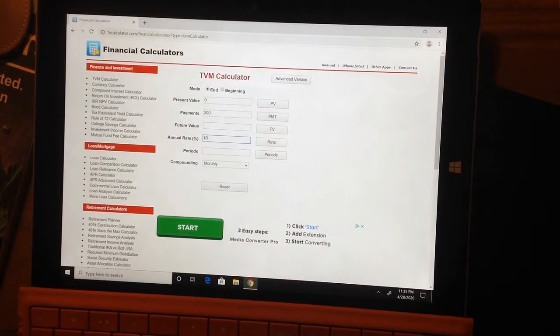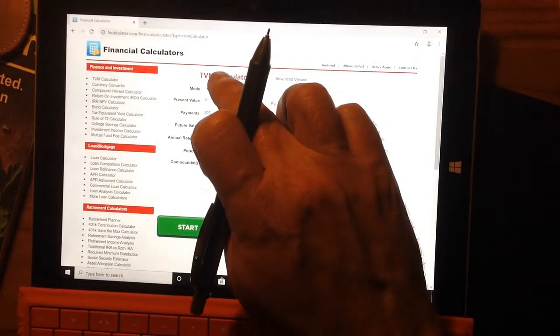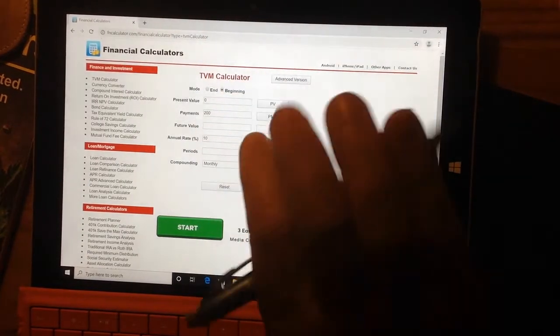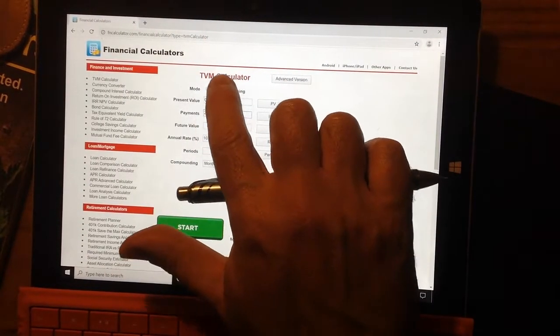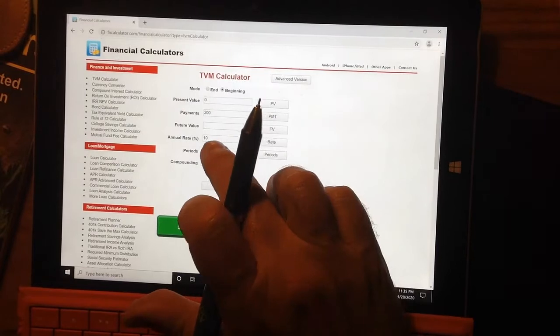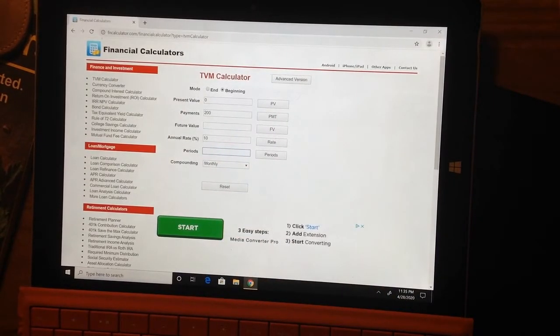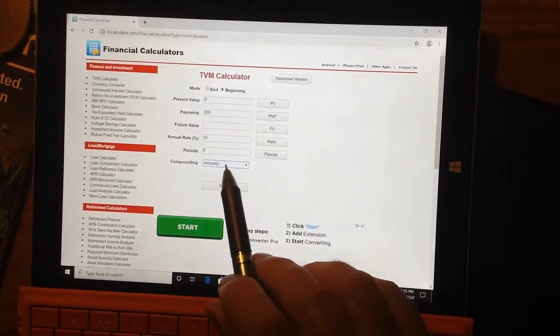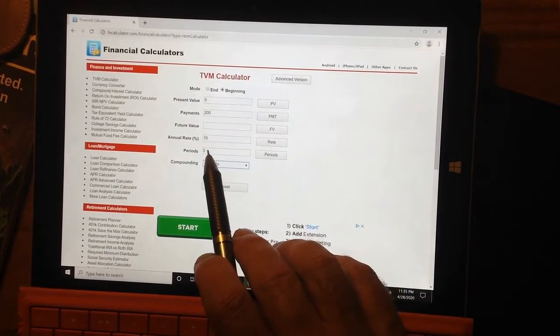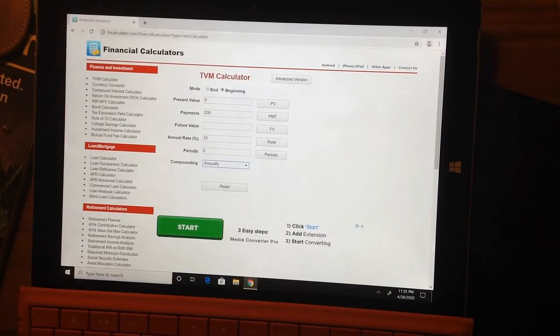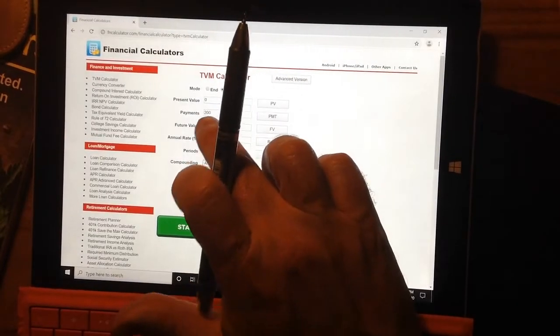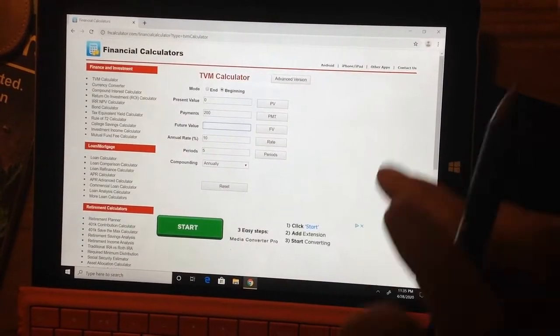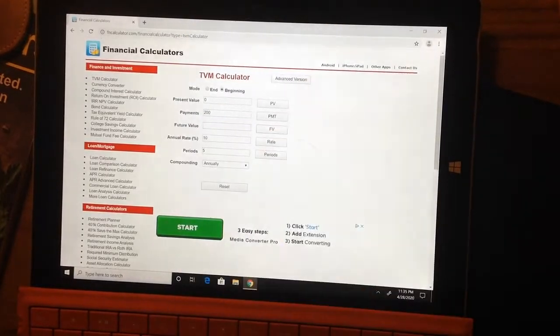This is 10%. Notice our payment's going to happen at the beginning of the period. I forgot about that, so be sure you hit that button to change it to the beginning of the period. We have 5 periods. Remember, once a year. Make this annually, once a year for 5 years. 1 times 5, it's going to be 5 periods we're going to have. And so we want to solve for the future value here. So if I click on the future FV,